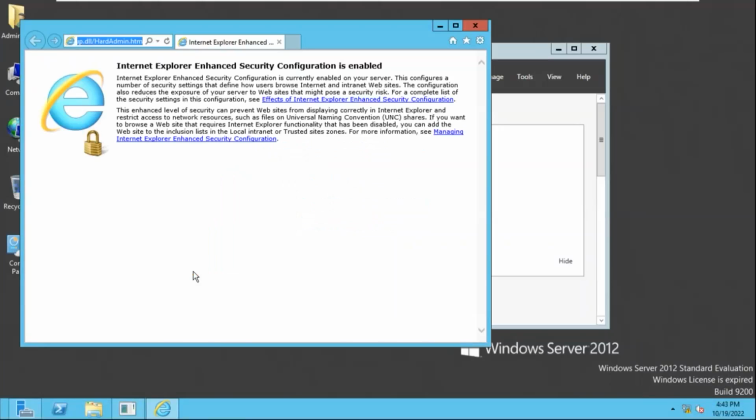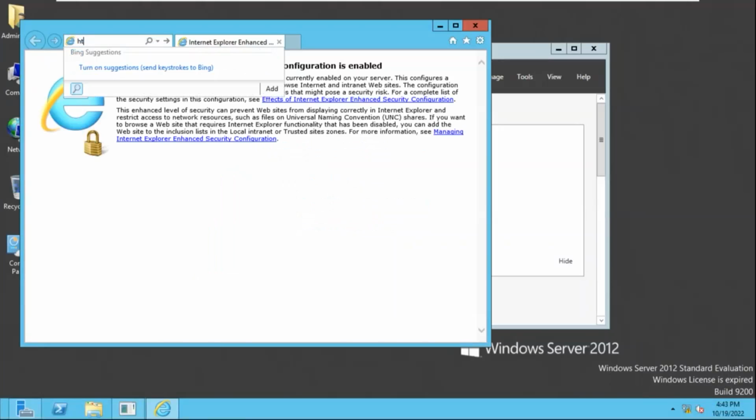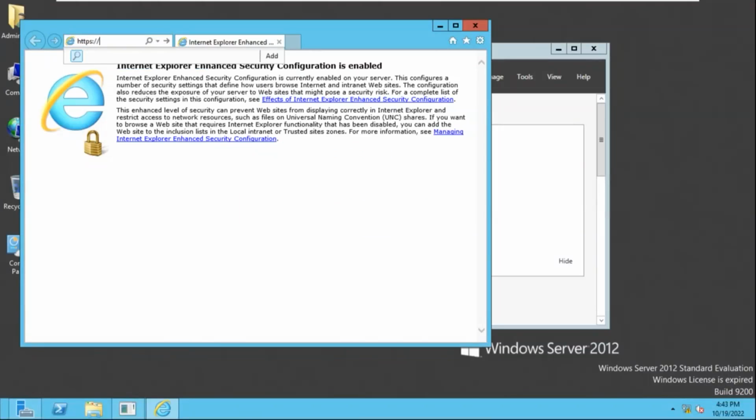So here you write HTTPS. Yesterday we were just giving the name. So by default it was taking HTTP, but now we want to do it through the HTTPS. HTTPS colon double forward slash our website name